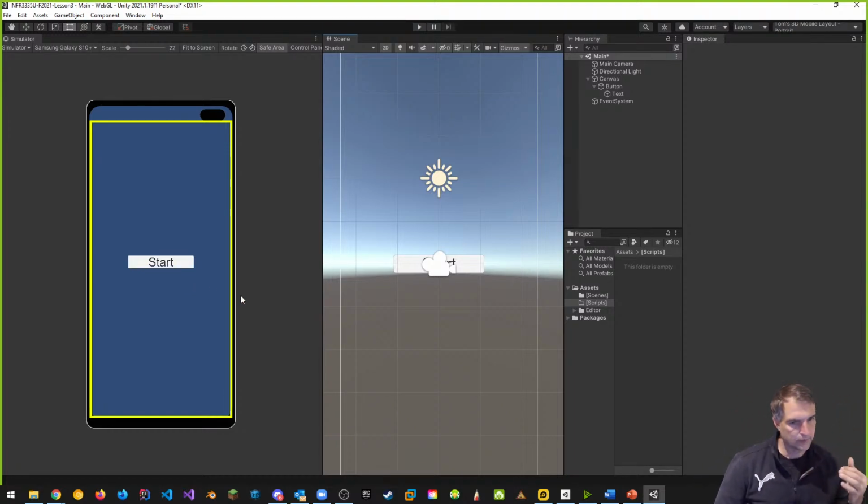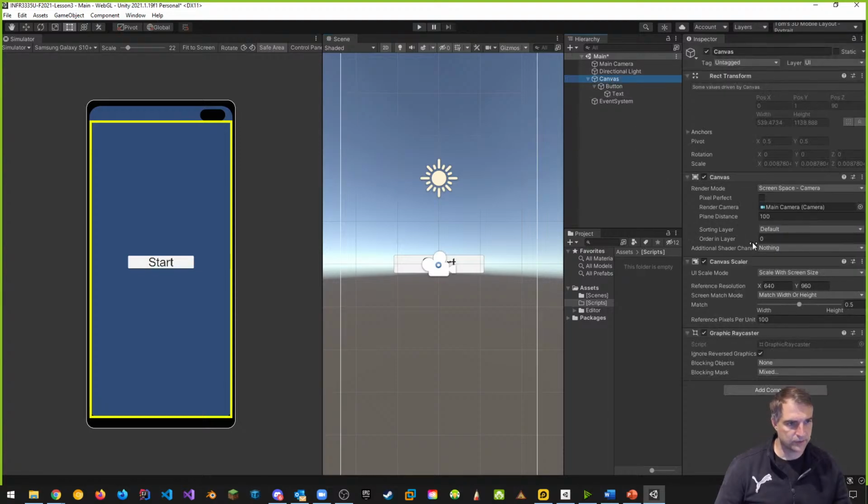So, things to review. I've made a change to the build target to WebGL, and I've added a button into the canvas, right? And I've changed the Canvas Scaler, which is a way of how we change the size of UI elements inside the canvas so that it has a reference resolution equal to what we're doing with WebGL. Okay,